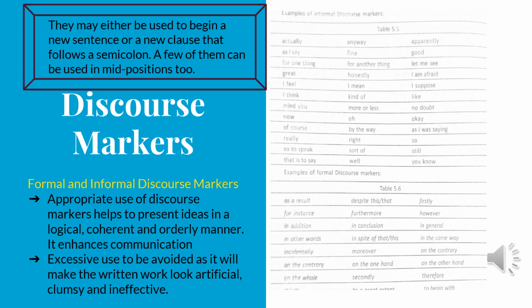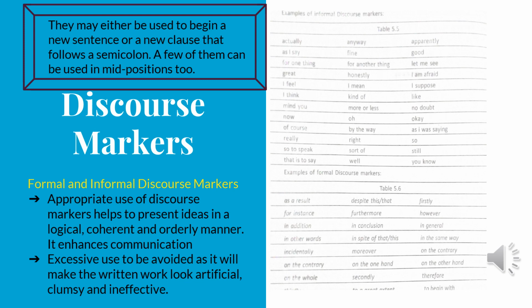Because we have already said that in formal writing, we don't use informal expressions. But in formal discourse, instead of all these, we can use words like as a result, for instance, in addition, in conclusion, firstly, in general, etc. So again, there are two types: formal and informal. Informal discourse markers shouldn't be used in formal academic writing. So please check this list. And if you have used any of these informal discourse markers in your assignment, please substitute it with the formal